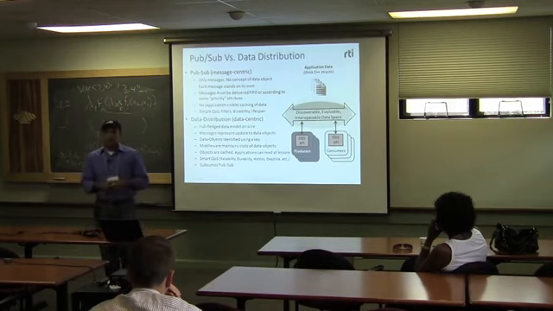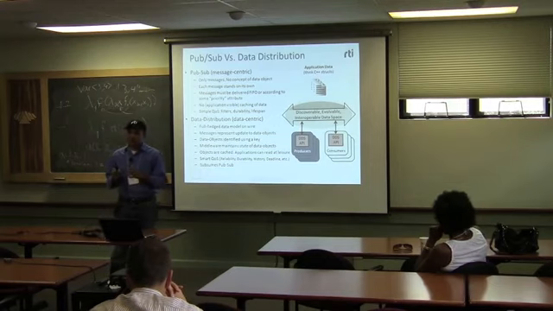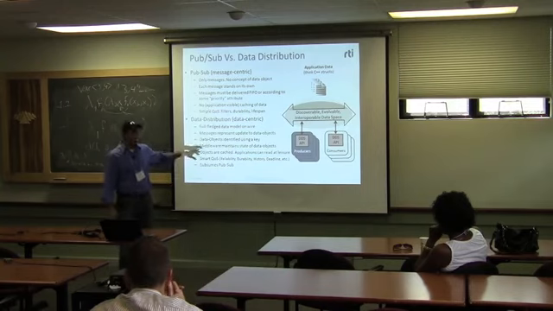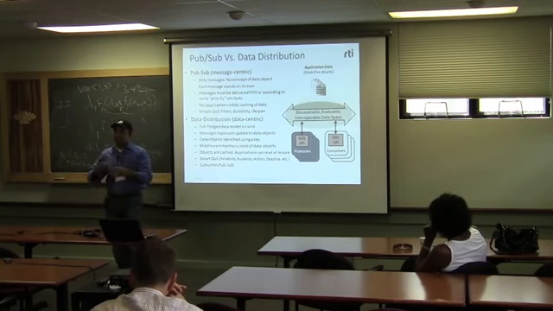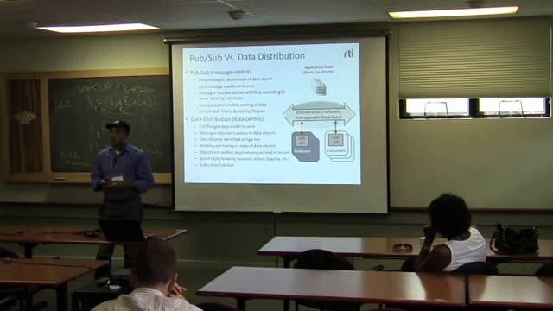The question is, if the middleware is keeping the history, then there should be some monitoring. Well, let me try to answer it this way. The history is not unbounded. You specify some quality of service properties so that the history doesn't grow unbounded, because that just won't work. So I'm not sure that's what you meant by monitoring.